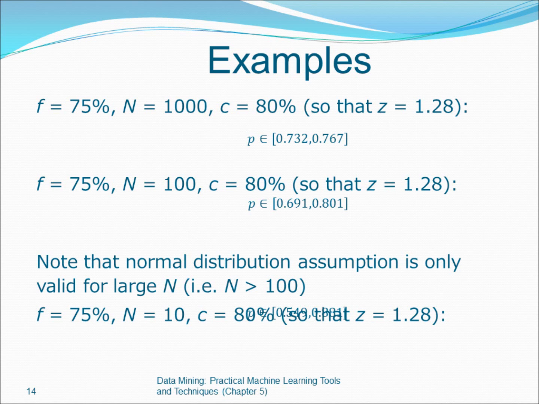If you want 1,000 sampling, you take a look at 1,000, and then you want the confidence level to be 80%. That means you only look at 10% on the right, 10% on the left. You don't care. If you want this 80% of confidence, then you're going to find the most likely. This is called most likely. It's between 73.2 to 76.7. That's the number.